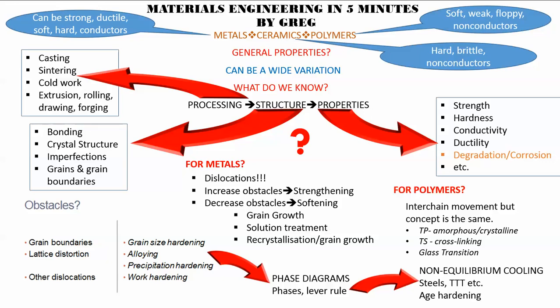For the thermoplastics, we can have amorphous or crystalline thermoplastics. The amorphous comes about because we hang large side groups off the chains, and these interfere with the movement of chains past one another. So we go from something like polyethylene, which has no large side groups, and the chains can move past one another fairly easily. We go to something like perspex that has large side groups, and it becomes very difficult to move chains past one another, and we end up with a brittle polymer.